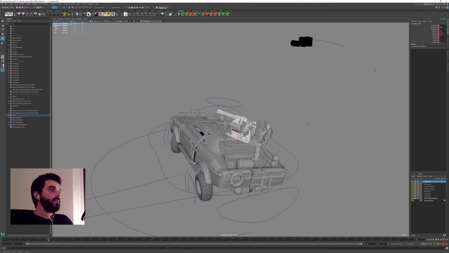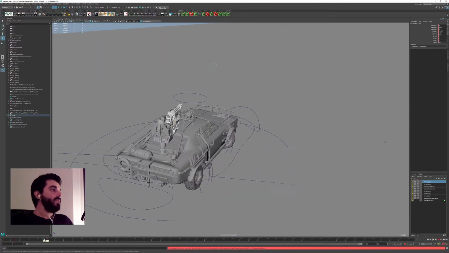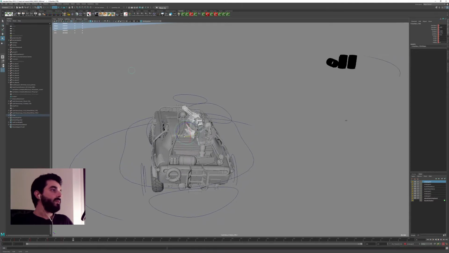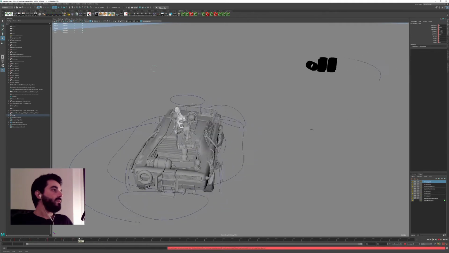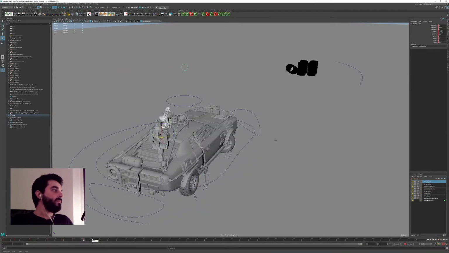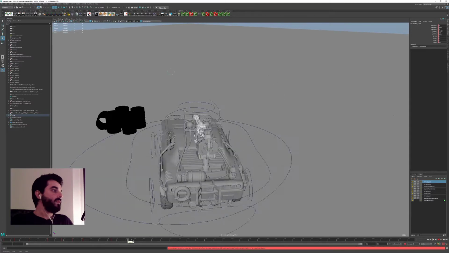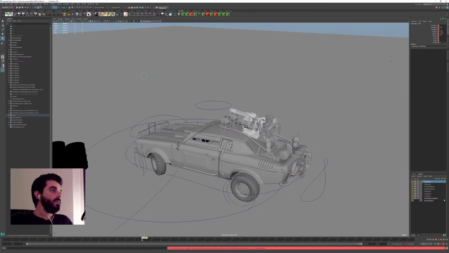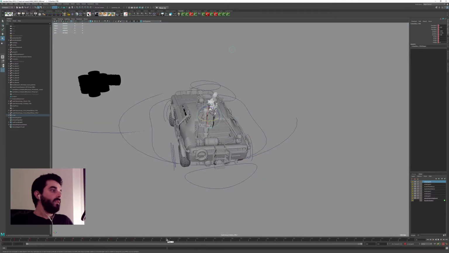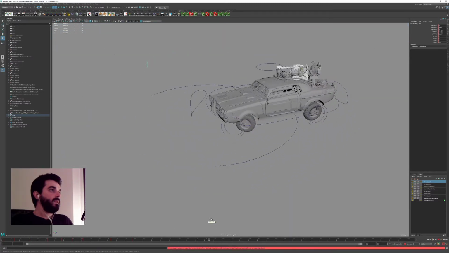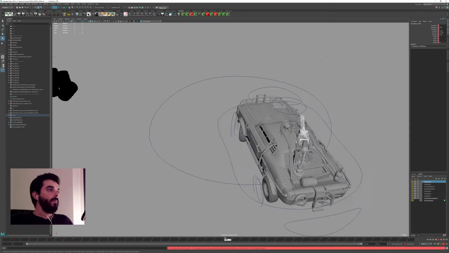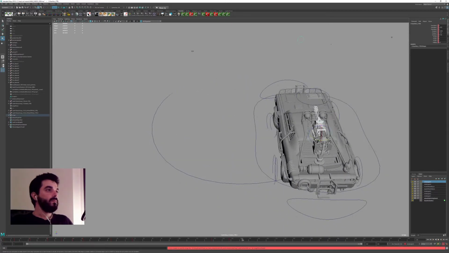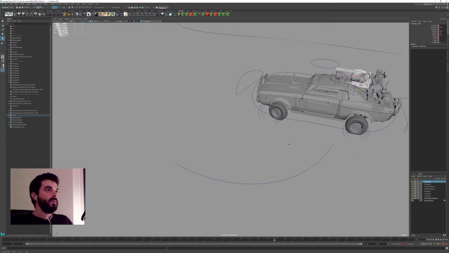So the car rotates, and then when it stops rotating, the guy will react to it, and then adjusts, then it rotates again, the guy is delayed the other way around, and when the car stops rotating, the guy is adjusting. And then delayed,